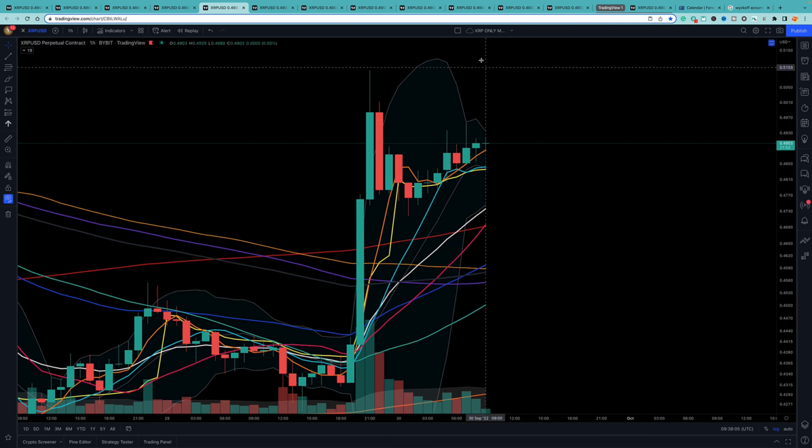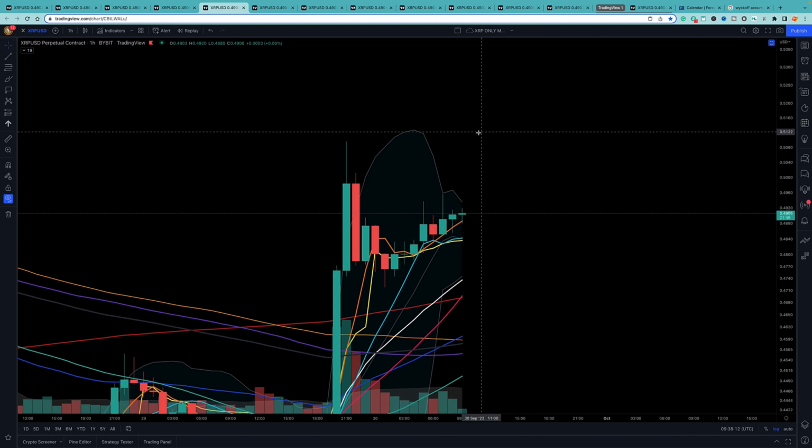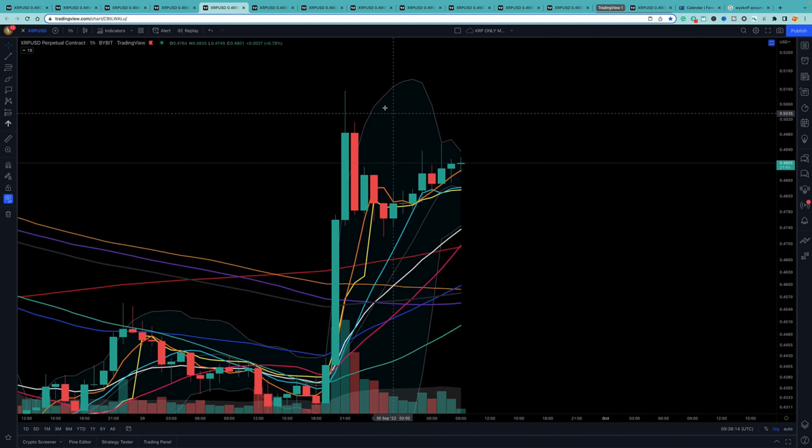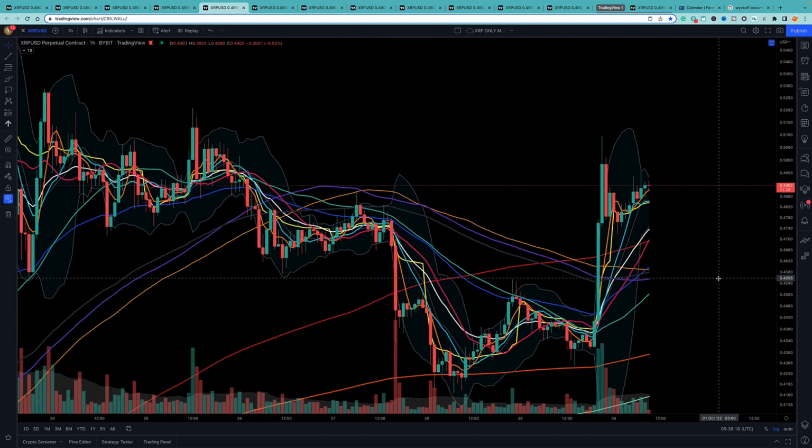We got one drop down to an 05. Sorry, 2 drops down to an 05, and it did a double top, and then it came back down. The vast majority didn't break this high again. Yeah. So now the question is